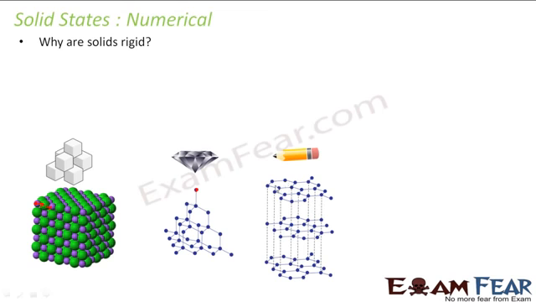Since the attraction is very strong, these particles can't move. They can just vibrate in their mean position. They can't move from here to here. Since they can't move, and since they have a very strong force of attraction, they are rigid. Strong force of attraction between the